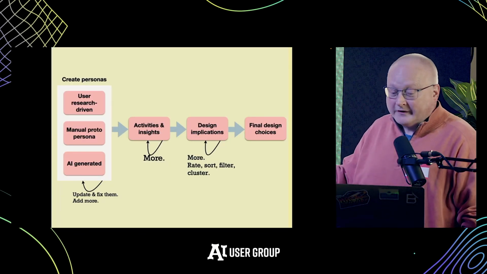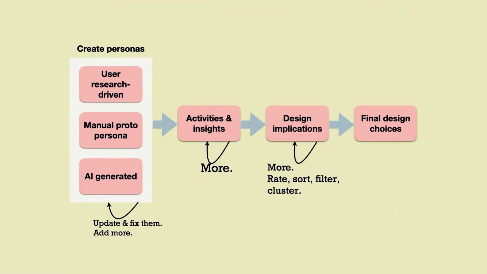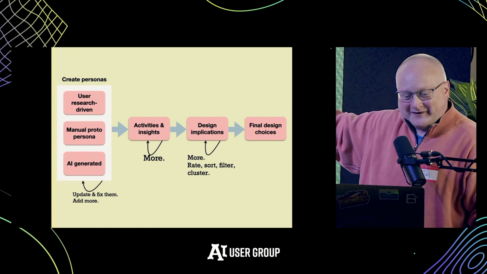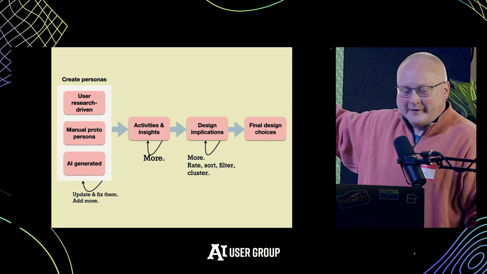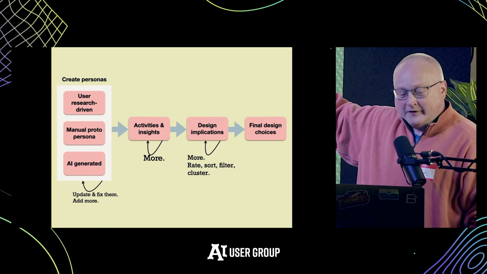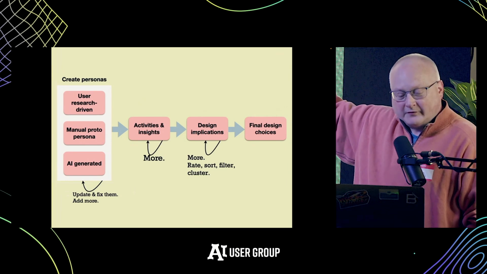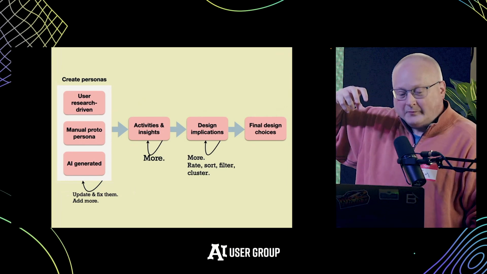This is a really simple design process. I had a really complicated spaghetti process that, once I actually simplified it and clarified it, comes out really easy. So you create a persona on the left. There are 3 ways that you might do that. The 2 top ones are the ways they're currently done. You either do some user research and understand your users and base your personas on that.